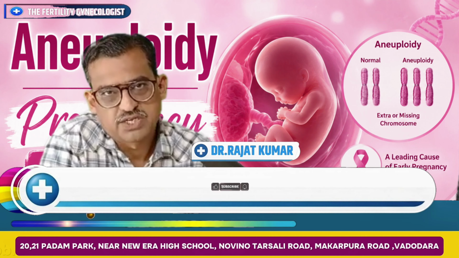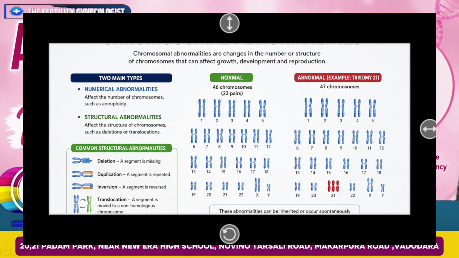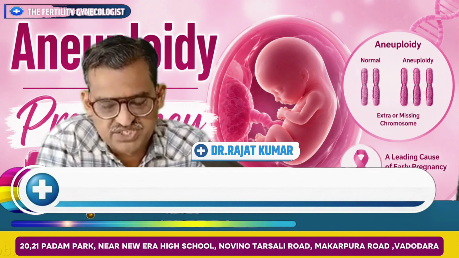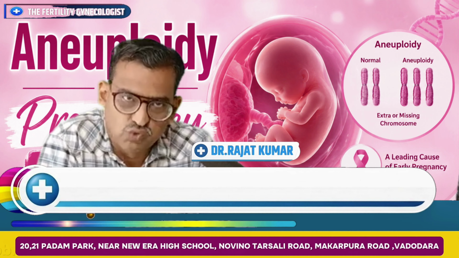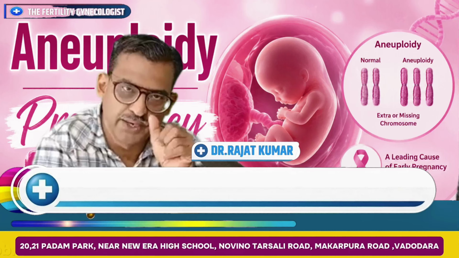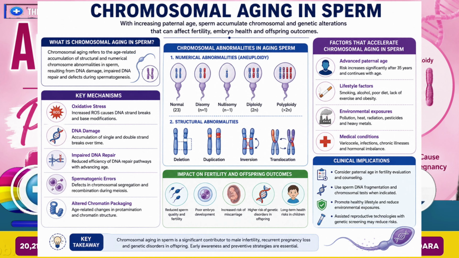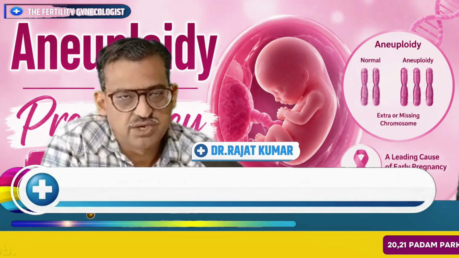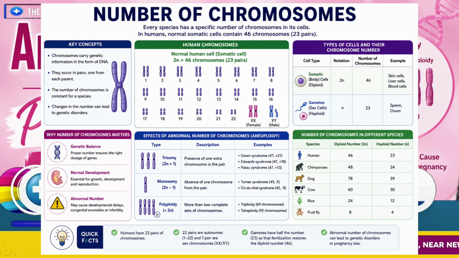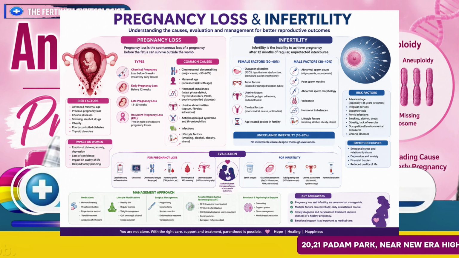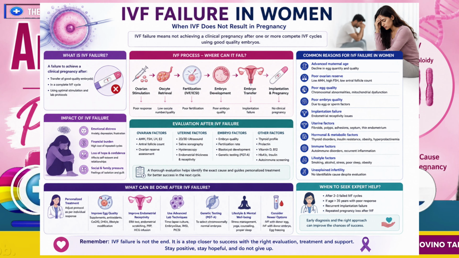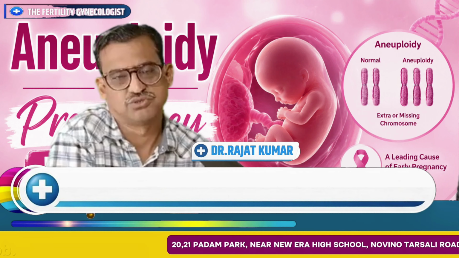What if I told you that chromosomal abnormalities may have their origins months, even years before you actually conceive, and that the food choices you make may have a definite impact on the chromosomes of eggs and sperm? Aneuploidy. Yes, aneuploidy. That is the abnormal number of chromosomes, which may lead to not only pregnancy loss, infertility, unexplained infertility, IVF failure, and even dreaded complications like trisomy 21, Down syndrome.